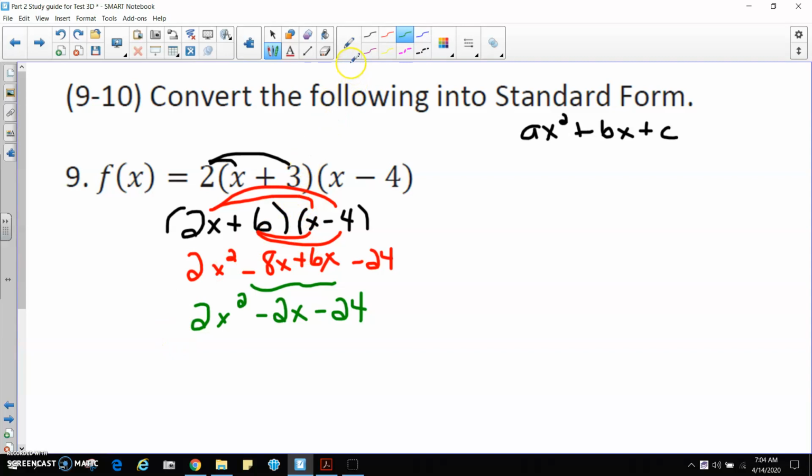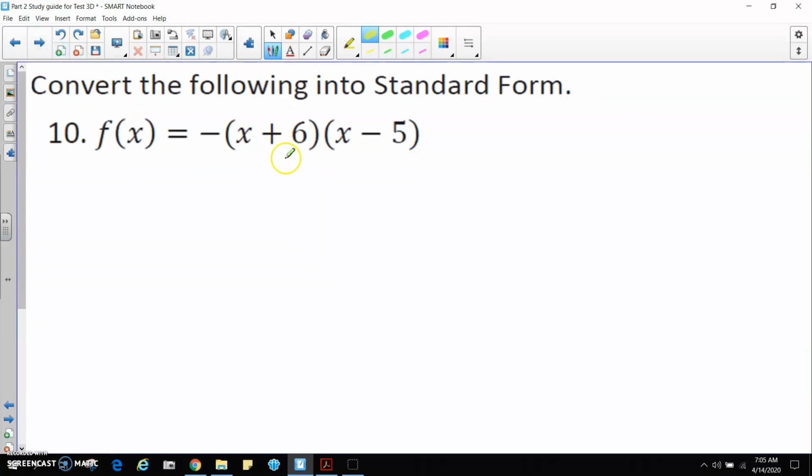Any questions? That's our answer. All right, moving on to the next one. Number 10, we do the same process. So we'll just multiply